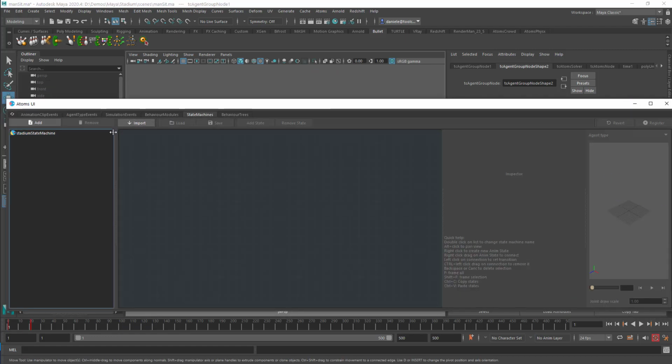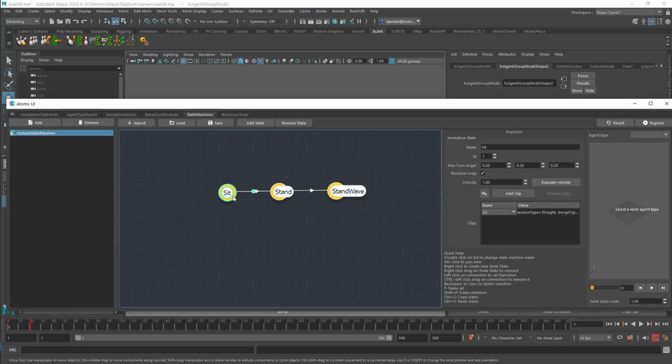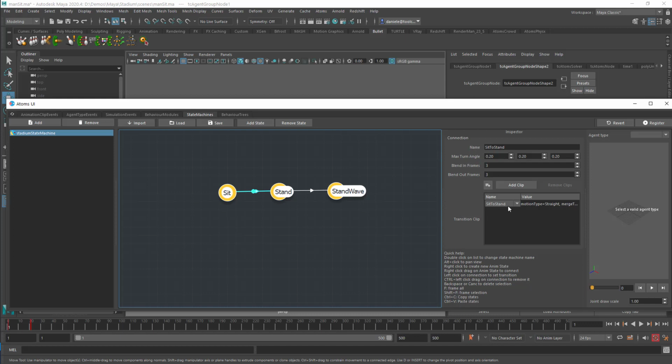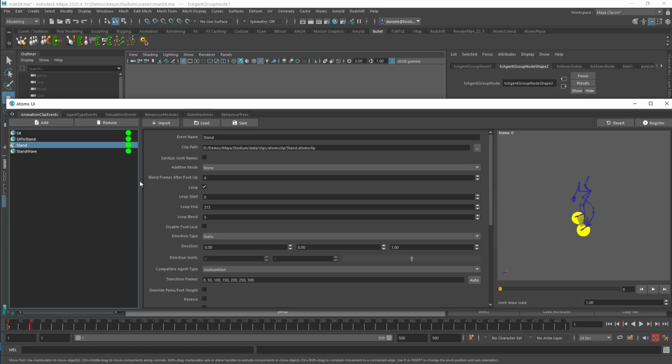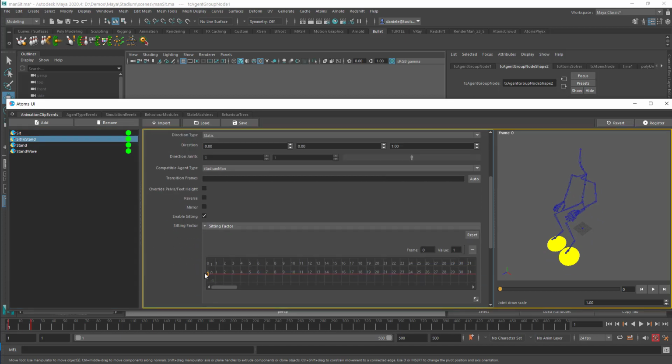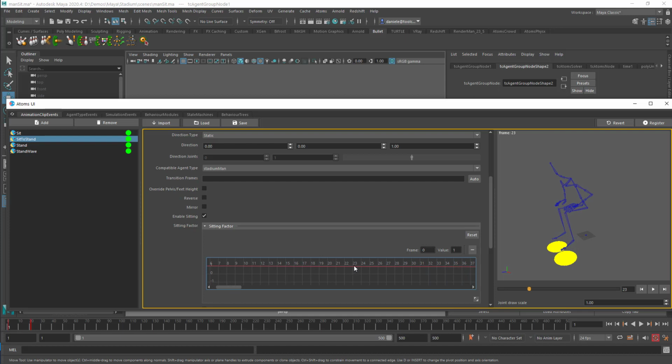And to do that, if you remember correctly, in the state machine we had a sit and a stand state, but also we have this transition, and on the transition we added a transition clip. For the stand, we really don't need to do anything, because we don't need to tell Atoms this clip is sitting down, because of course it's just standing. But for the sit to stand, we need to provide some values. For instance, we can enable sitting here, and then on the first frame, we'll know that the clip is sitting, right? Because it's sitting here, then we can go maybe at frame 23, still sitting,